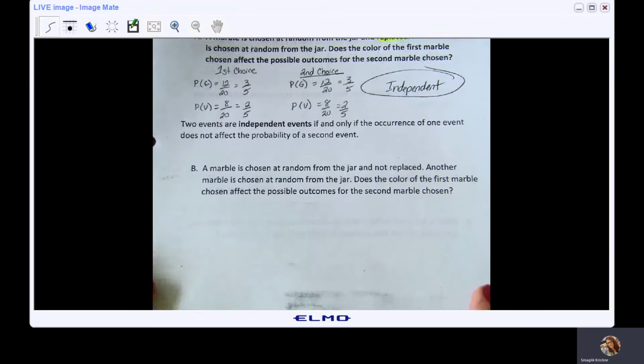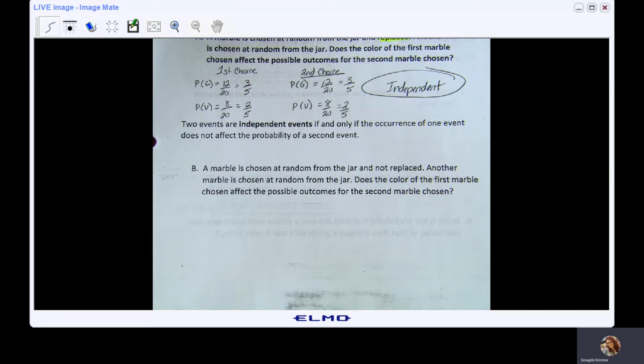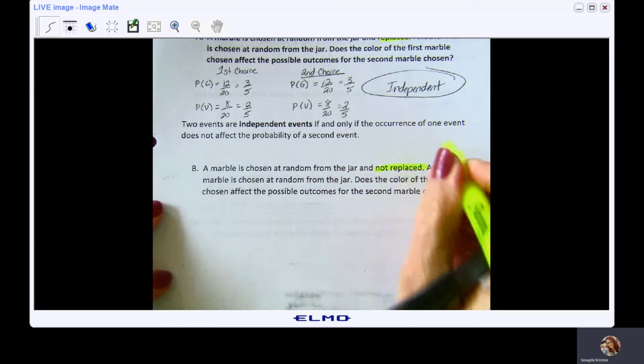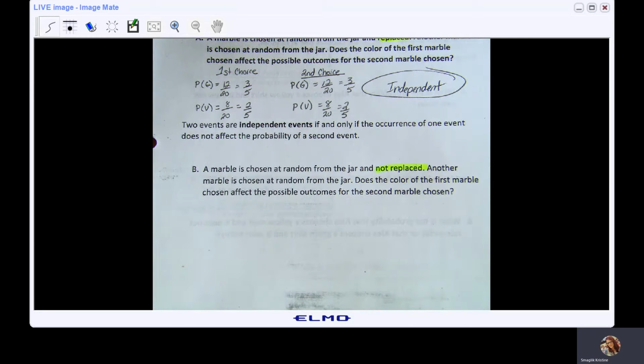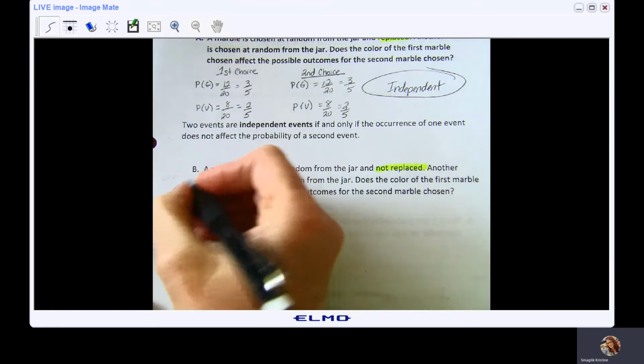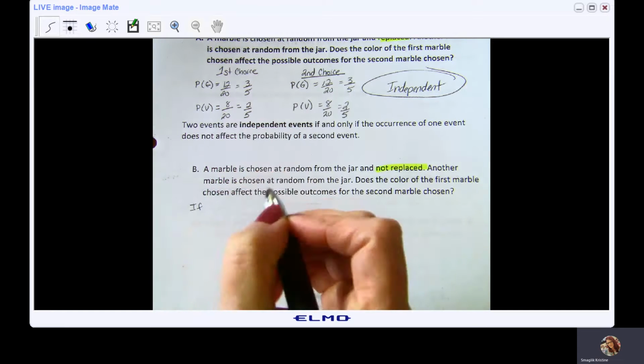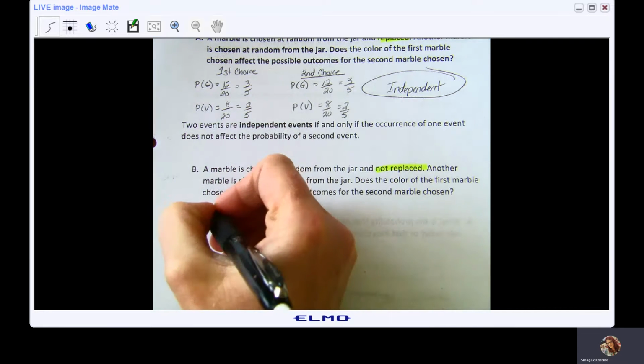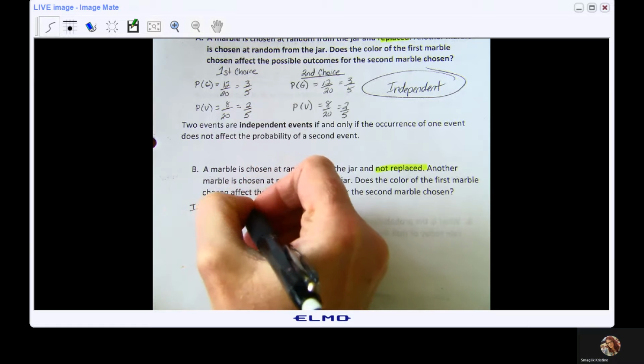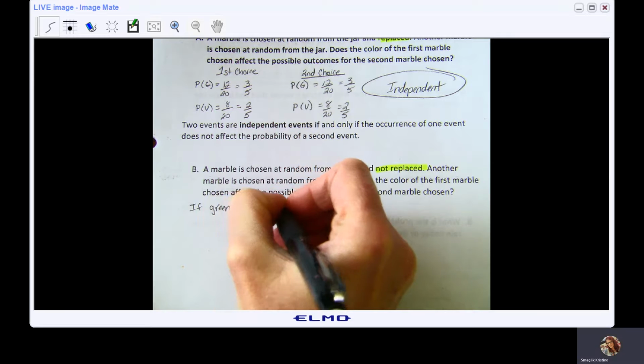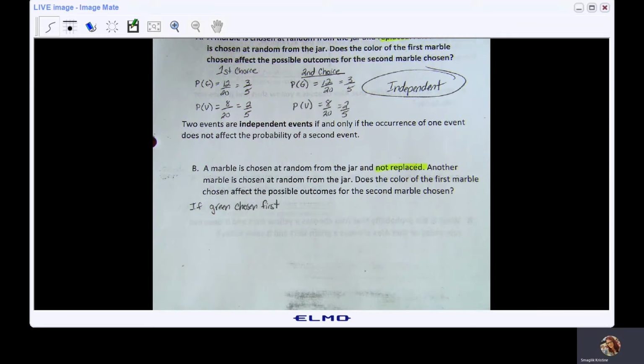Now let's take a look at this one. A marble is chosen at random from the jar and not replaced. So in other words, I pulled it out and I didn't put it back. Another marble is chosen at random from the jar. Does the color of the first marble chosen affect the possible outcomes for the second marble chosen? So let's say I choose green first, so I reach in, I pull out a green marble. If green, okay, so I'm on my second draw. So if the green has been pulled out,